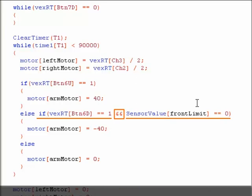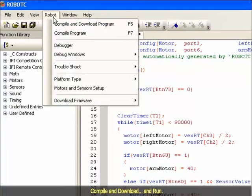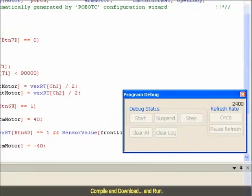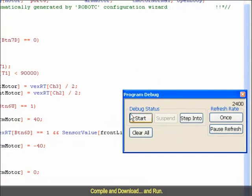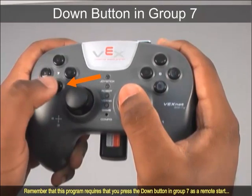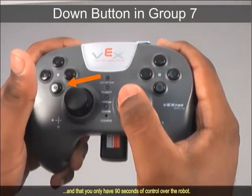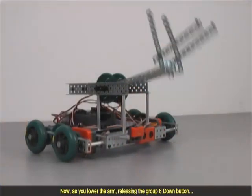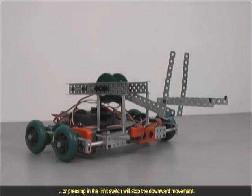Let's try it out. Compile and download. And run. Remember that this program requires you to press the down button in group 7 as a remote start, and that you only have 90 seconds of remote control over the robot. Now, as you lower the arm, releasing the group 6 down button or pressing the limit switch will stop the